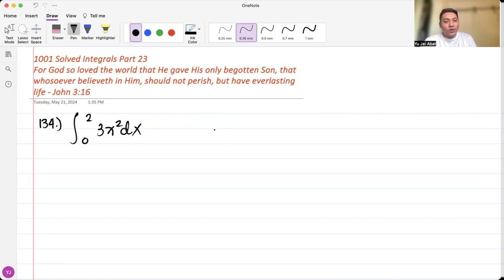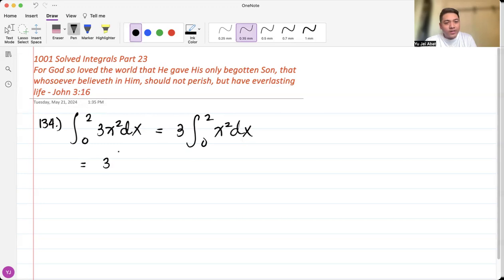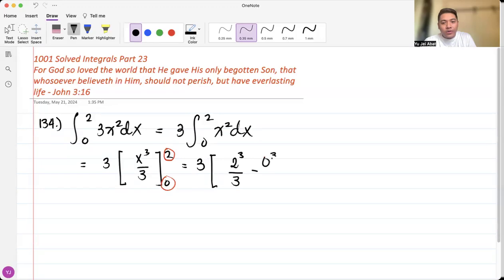definite integrals. So what we are going to do is factor out the constant outside, so that we are left with x squared dx. Getting the integral of this, we have x cubed all over 3 by virtue of the power rule. Then that is from 0 to 2. Okay, so we are going to evaluate the integral, replacing the variable first with the upper limit, minus replacing the variable with the lower limit. So again, we have 2 cubed all over 3 minus 0 cubed all over 3.